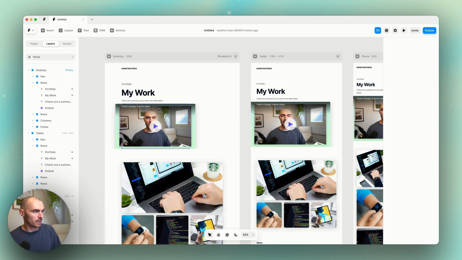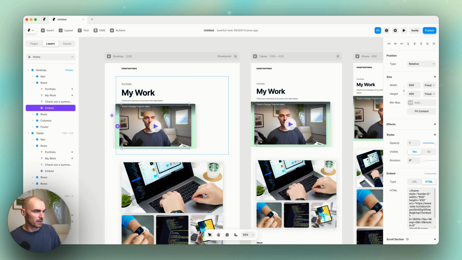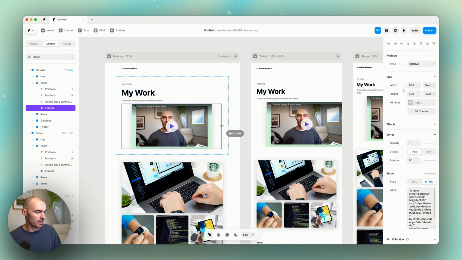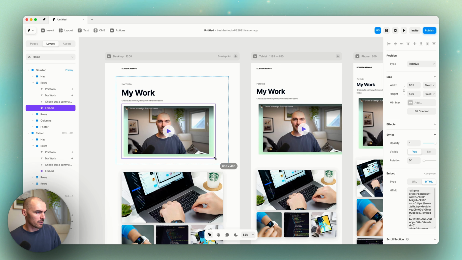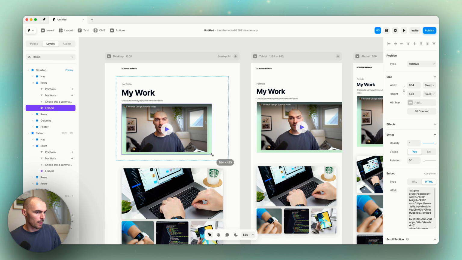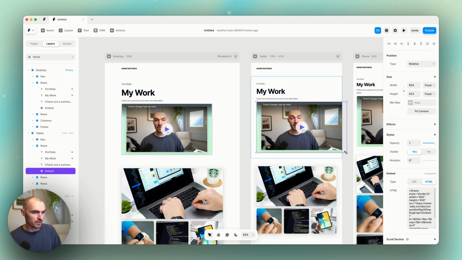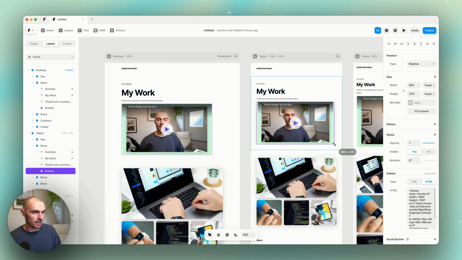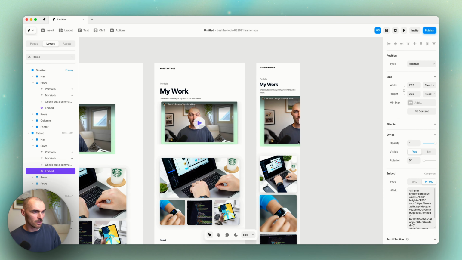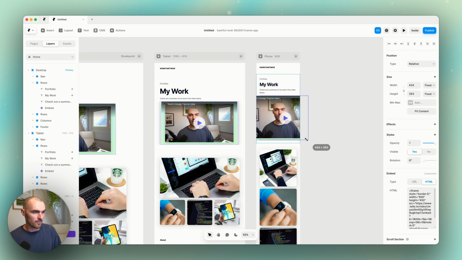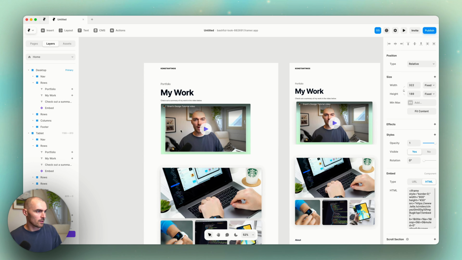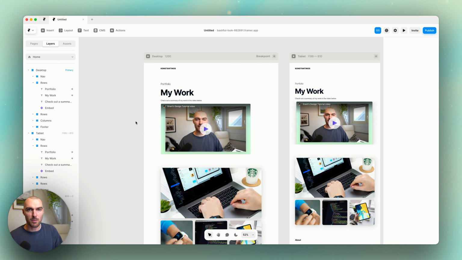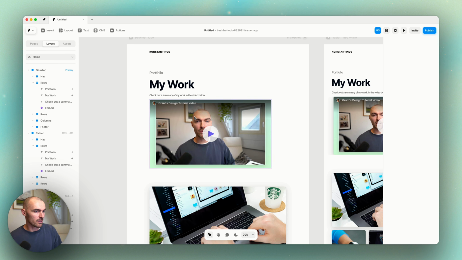It looks a little bit strange, so we can modify some of the properties in here. So you can just drag this to make it a little bit wider, and then maybe we can make that kind of fit a bit nicer. And then for each of our breakpoints, we can adjust that to make sure that this is going to fit nicely on each of our sizes. So that's looking a little bit better. So it's as simple as that, as embedding an iframe,